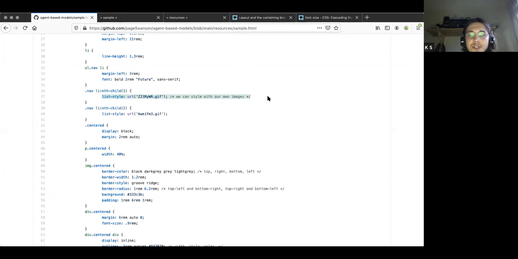And this is just a special CSS keyword. It's a particular style called list style. What it lets you do is replace those bullets with a variety of options. We can actually look up this particular list styling